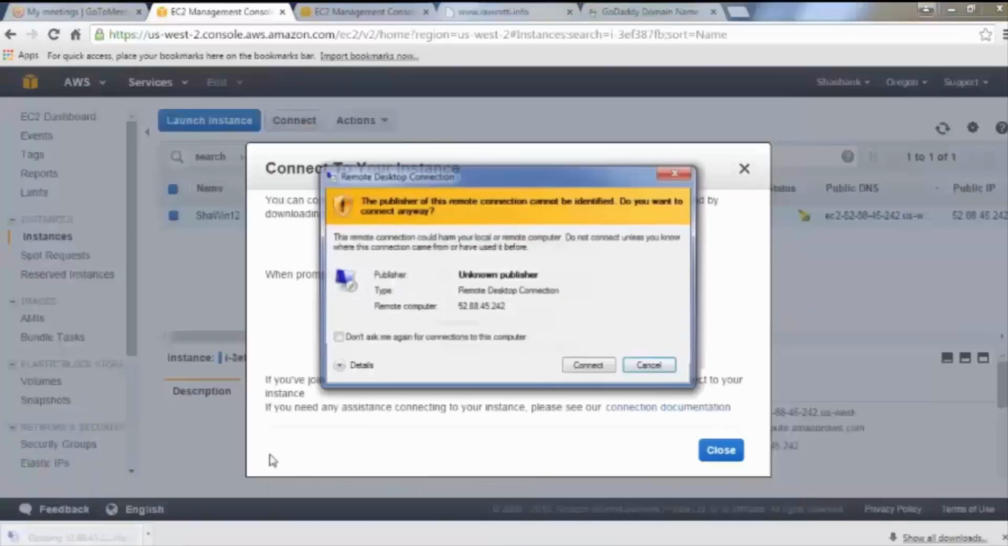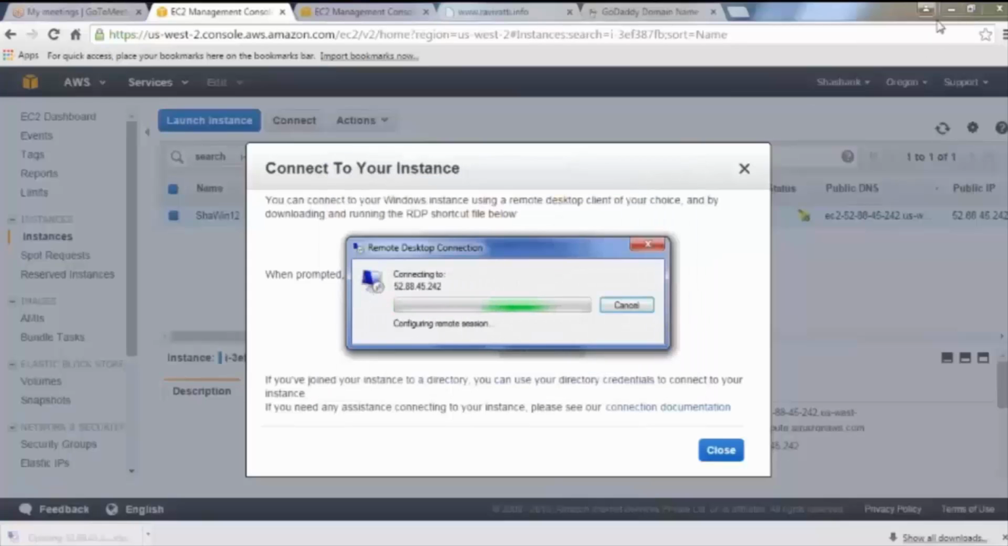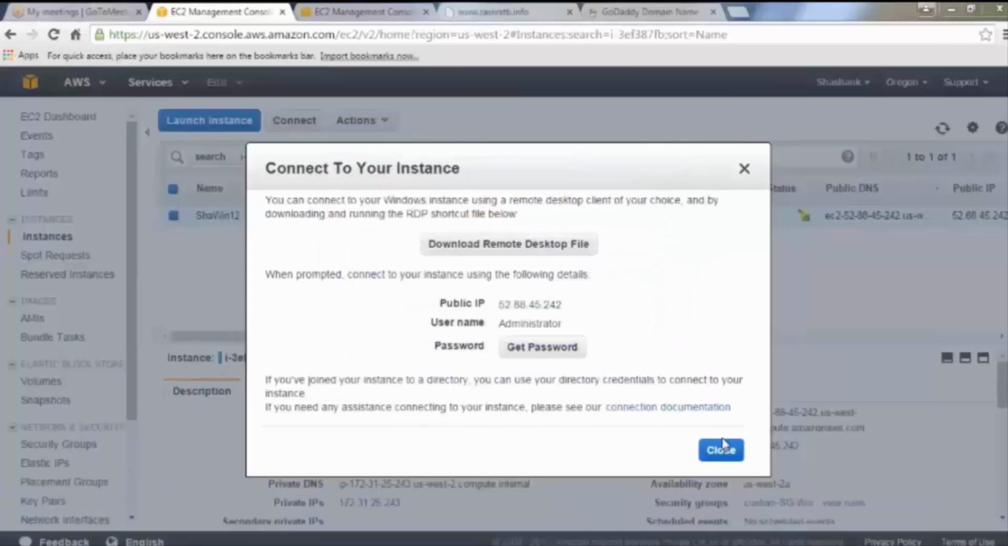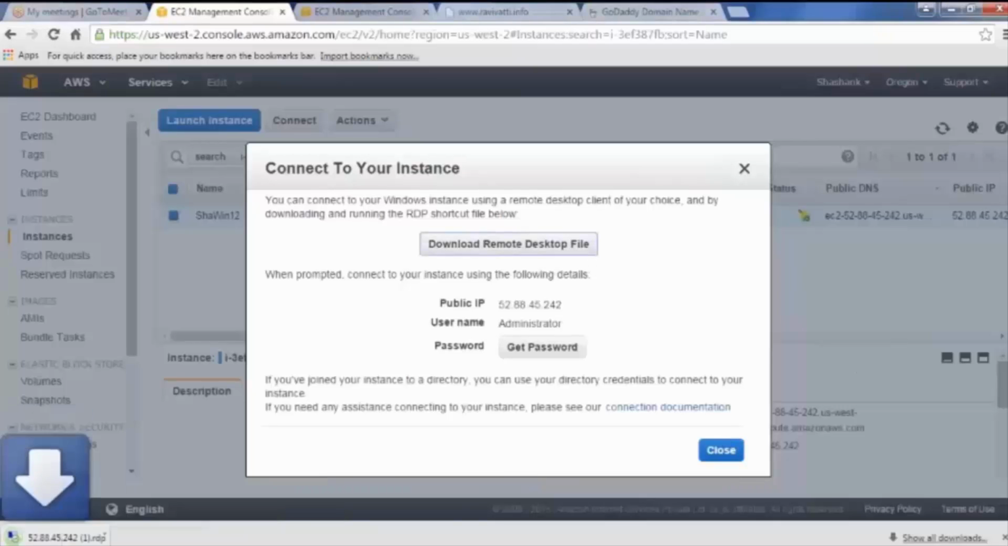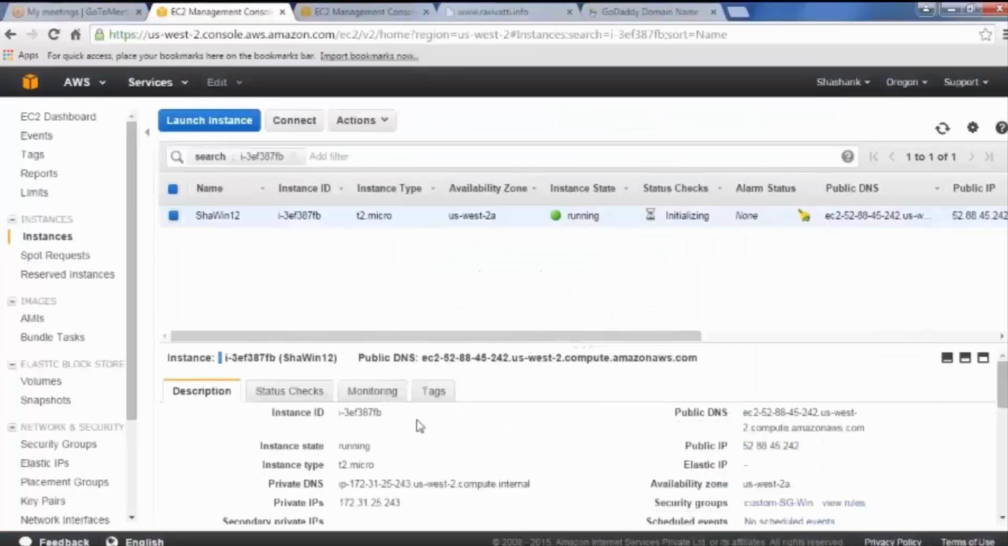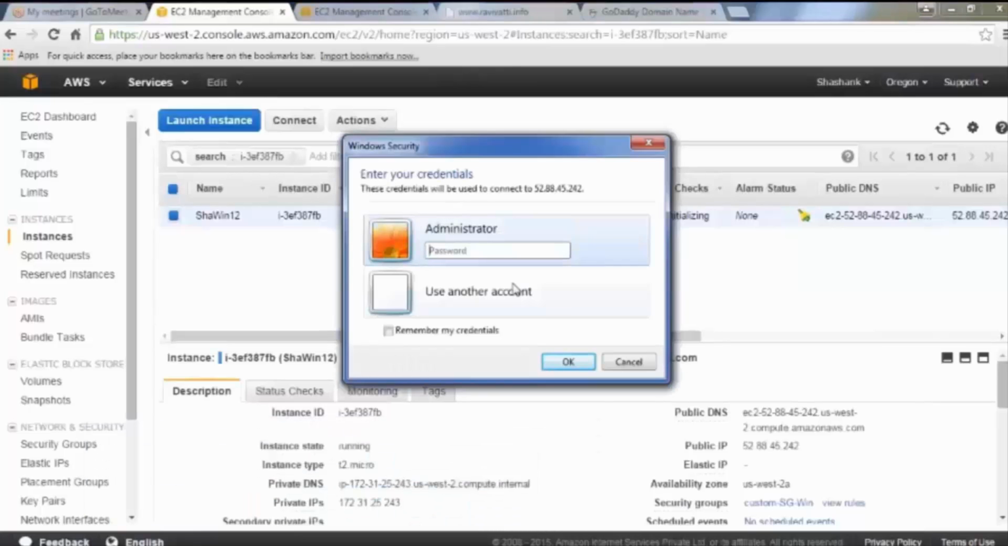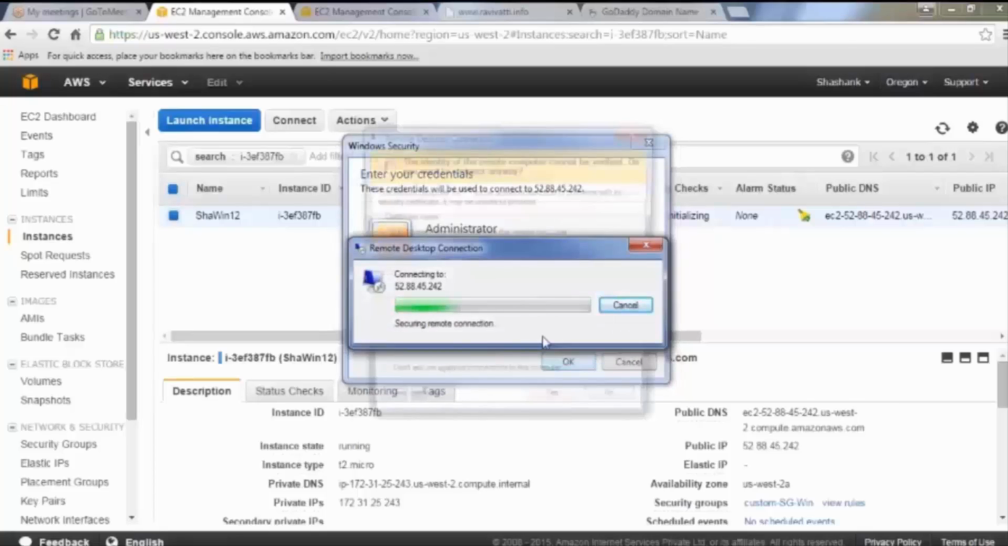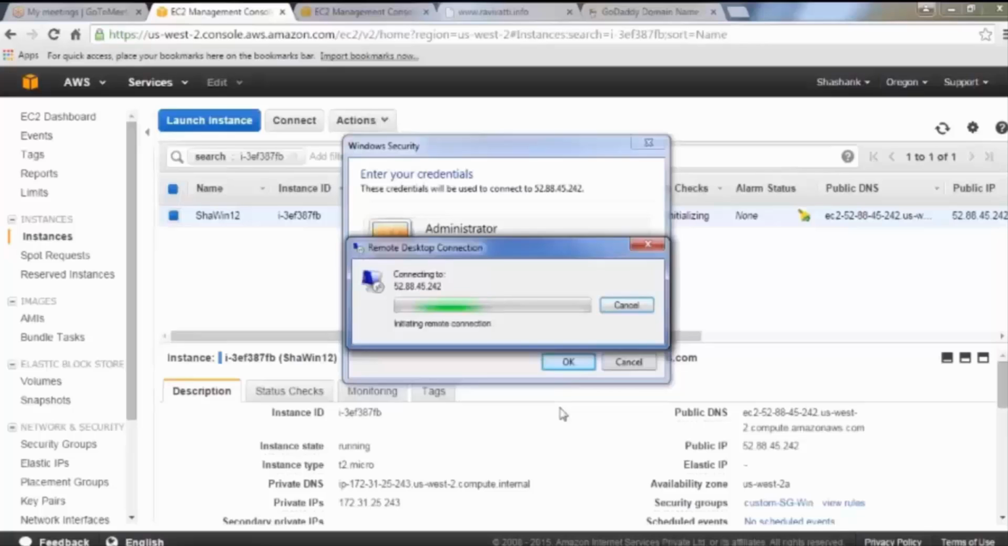I'm going to connect it, download this remote desktop file, go for this, connect, and where is my password? My top secret password is here. Go for that. And this is our original instance through which we had created the AMI,